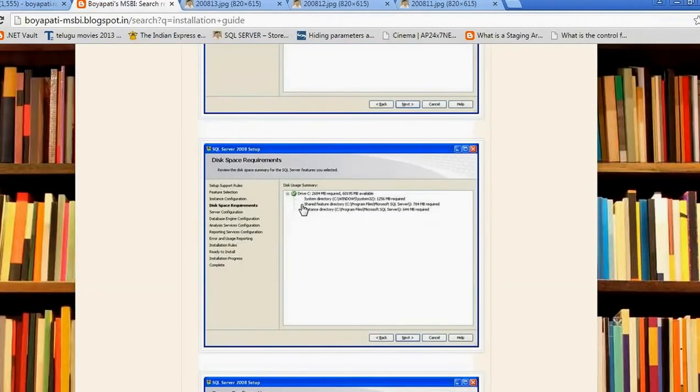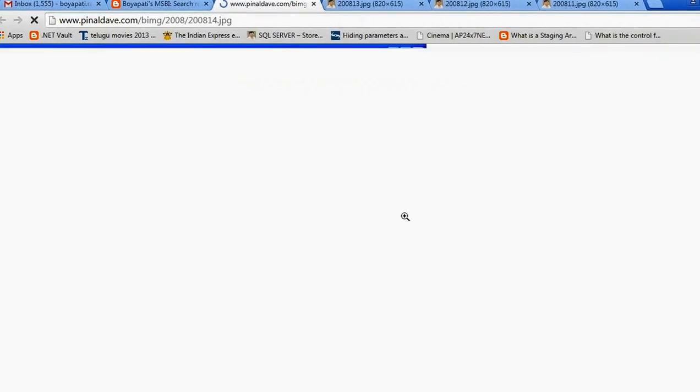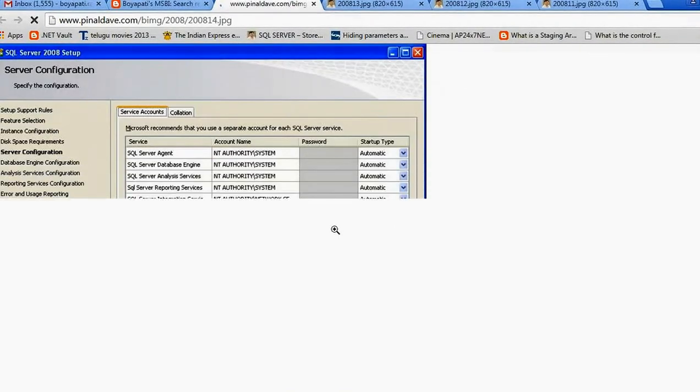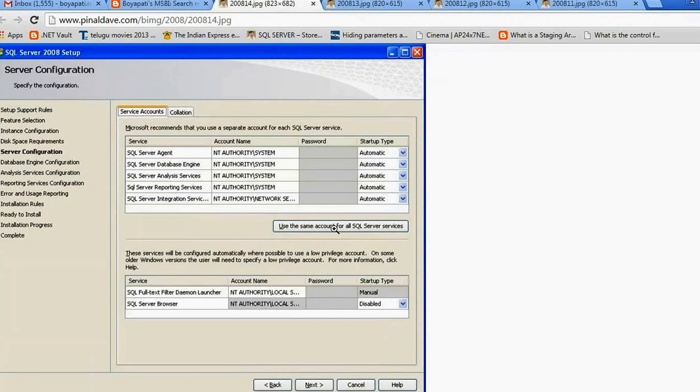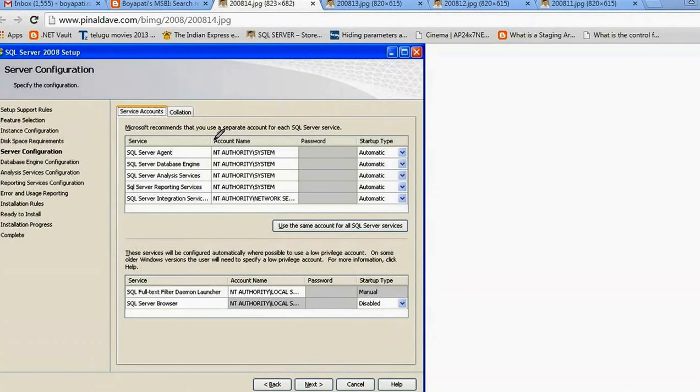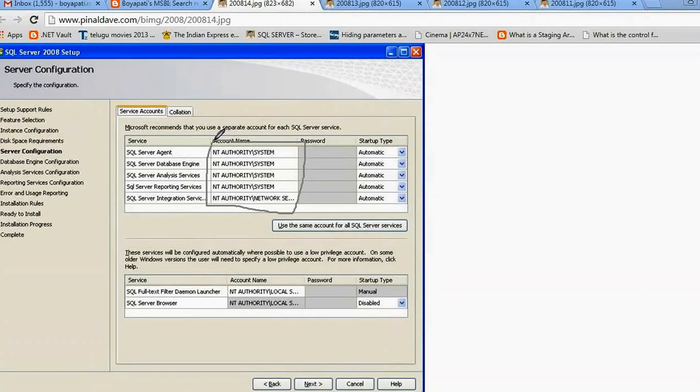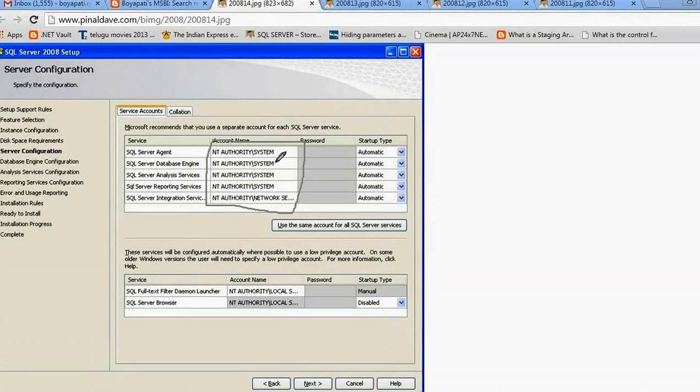So the next step will come here. This is the next step. Here you have to select this one. In the drop down you can see NT Authority System and NT Authority Network Service.